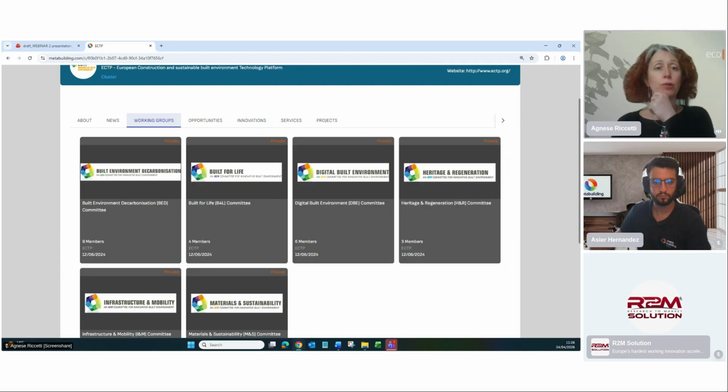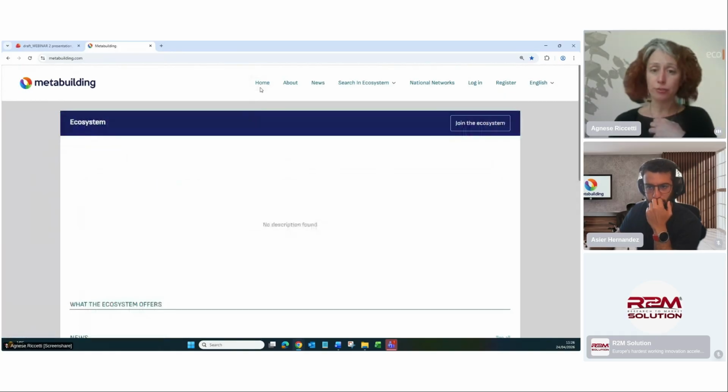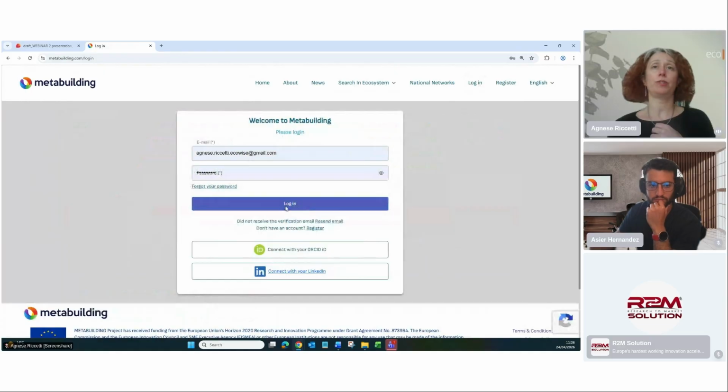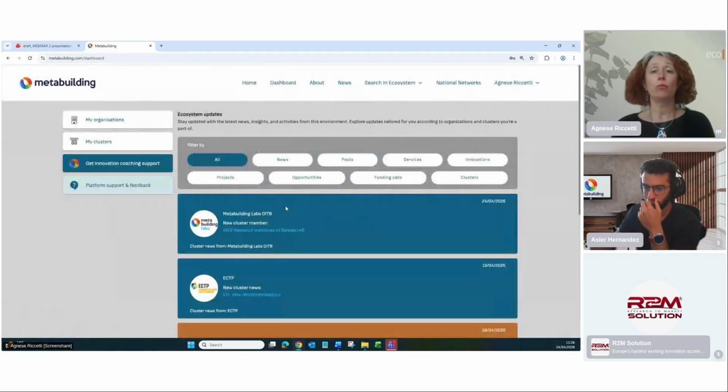I think for clusters, the cluster description is everything. Maybe what is interesting to show now is how I can join a cluster here. So to join a cluster at this point, I will need to log in because I need to be identified. So I'm just making up a general user, of course, with my name. I work for EcoWise. When I log in,